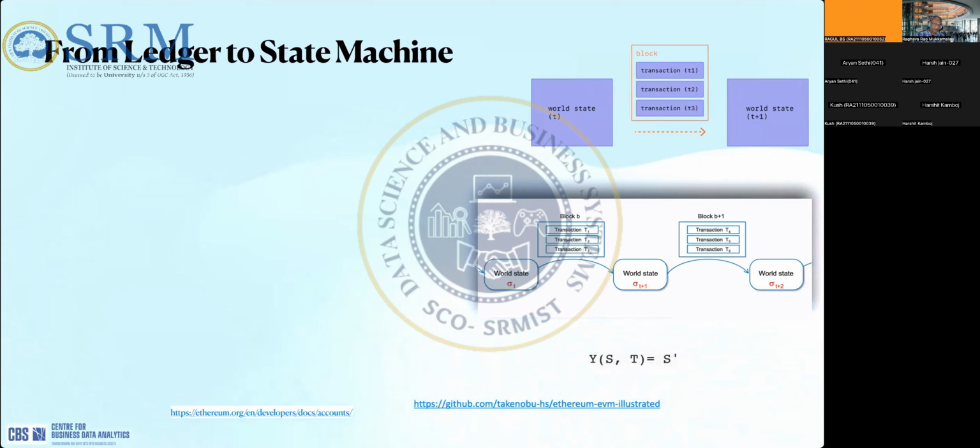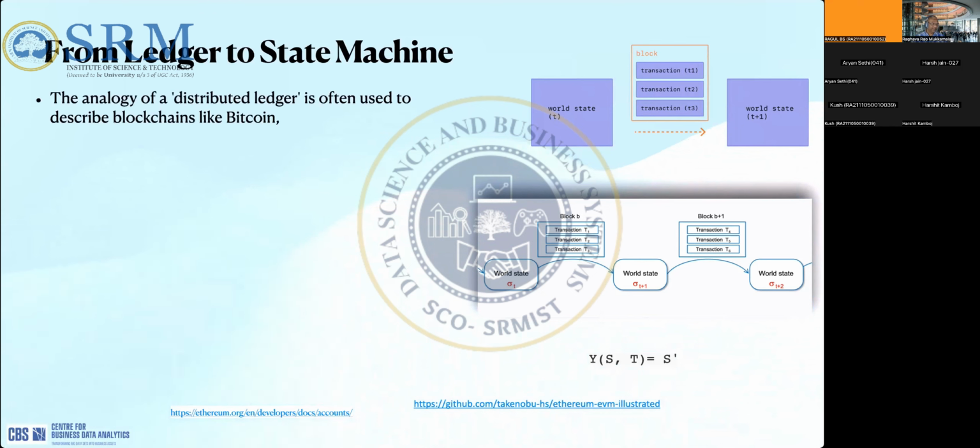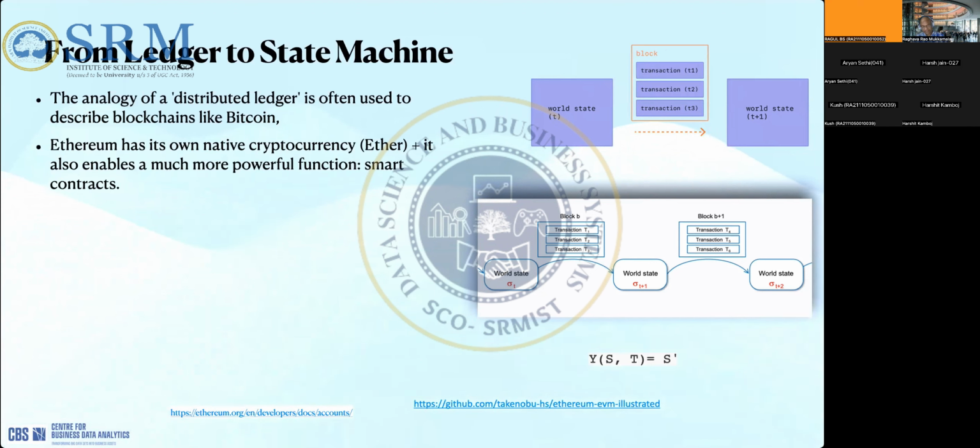And then I was talking about the difference between Bitcoin and Ethereum, right? Bitcoin is a kind of cryptocurrency. So we have the blocks, we have the coins, and remember we have the transaction-based ledger in Bitcoin. But Ethereum also has a notion of cryptocurrency called Ether, which is used to spend and things like that. On the other hand, it also has this more powerful mechanism of smart contracts.